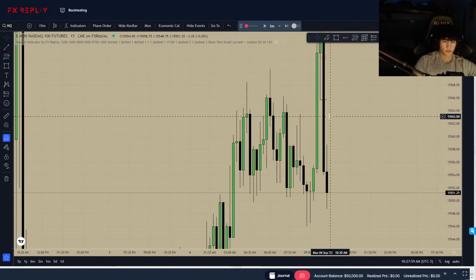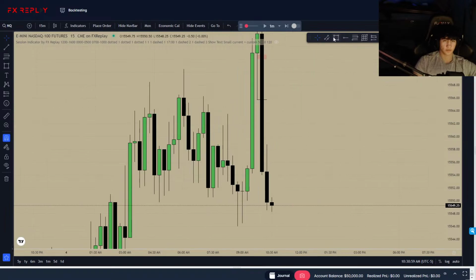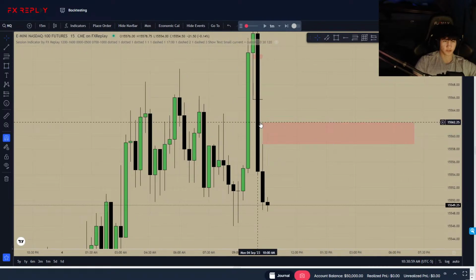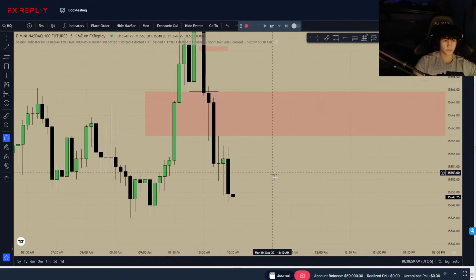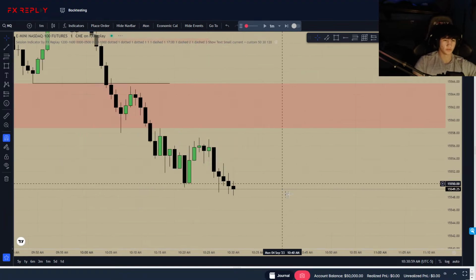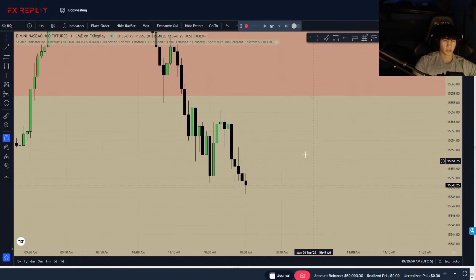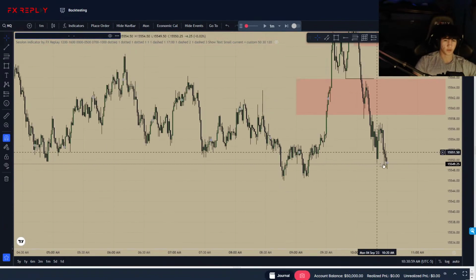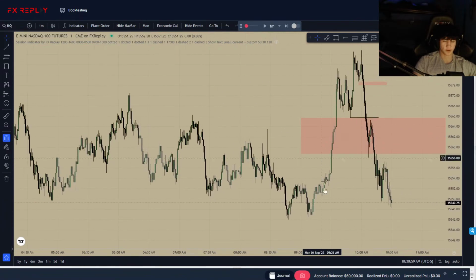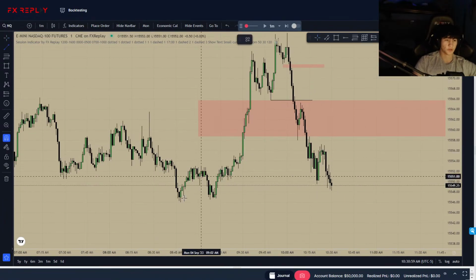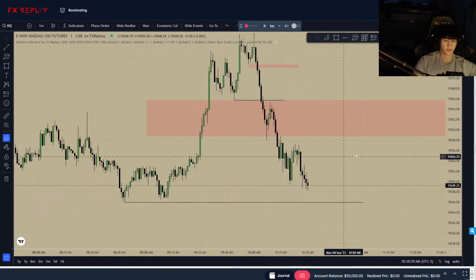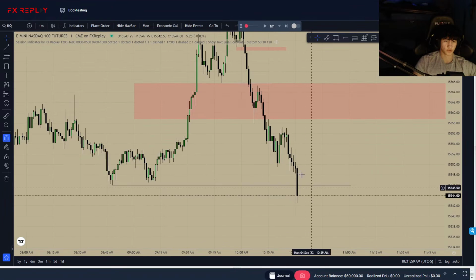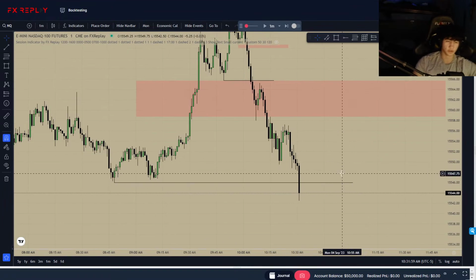Okay, 15 minute. Now we form this fair value gap slash BPR. I mean, wouldn't the, let me think. No, I'm just gonna keep this marked out. We didn't have anything down here. What I'm looking for now is just shorts to complement our current bias of this power 3. We did not break out this low, but this is going to be our draw on liquidity. If we can get a good entry like this fair value gap up here, we could be looking for shorts down to this level, but we're a little bit too late on that.